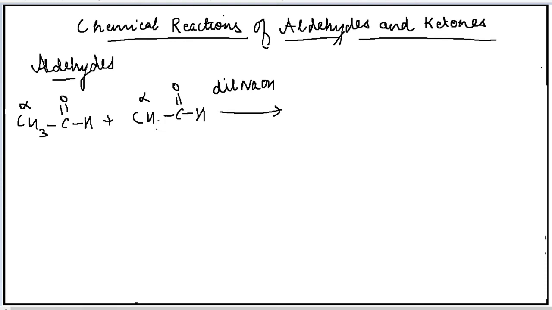Instead of writing here the complete methyl group, I can write in this manner also. I can open the structure. Now just look how the reaction will take place. This bond will shift here. This hydrogen, okay, so this bond when it shifts to oxygen, the carbon will acquire a positive charge. This hydrogen will take the electron from this bond. This carbon will acquire a positive charge and that is going to attack here.